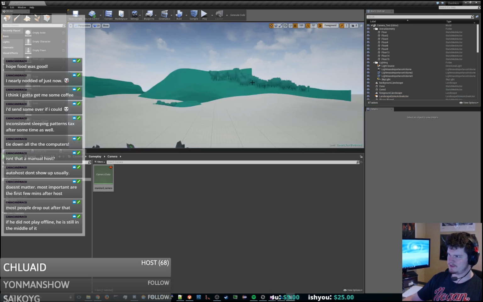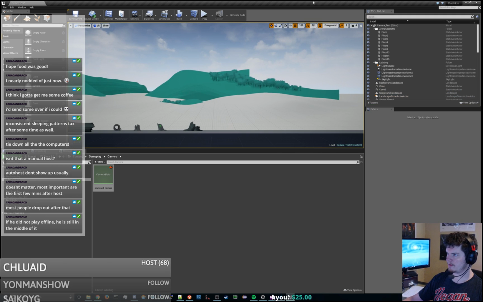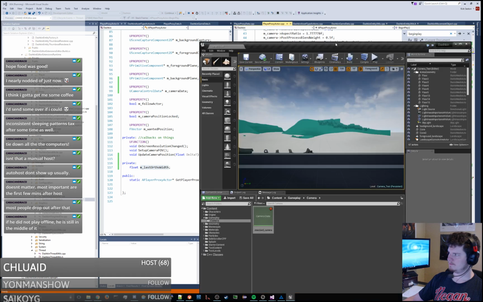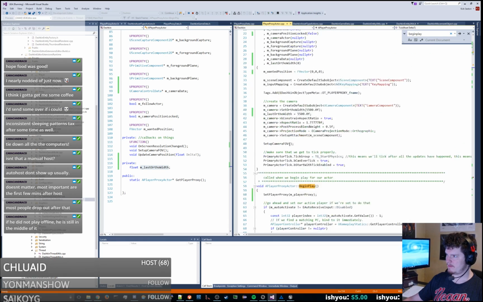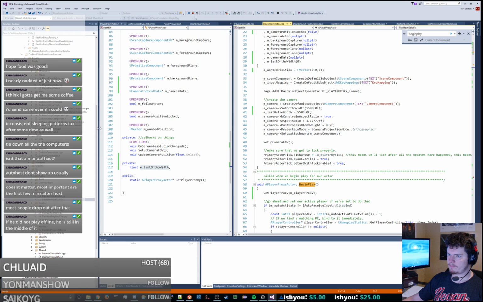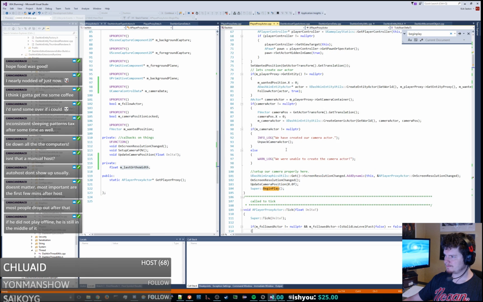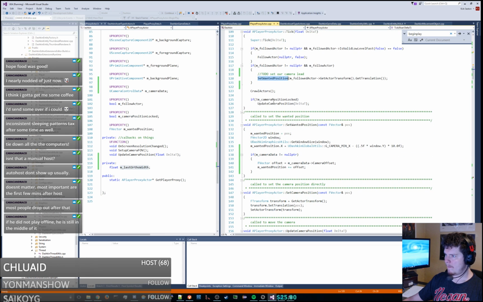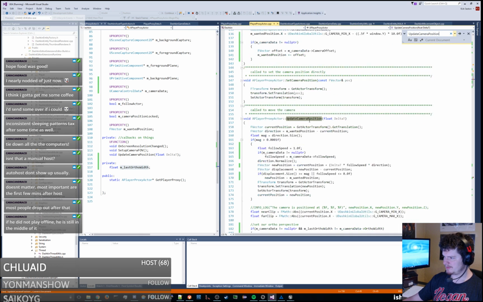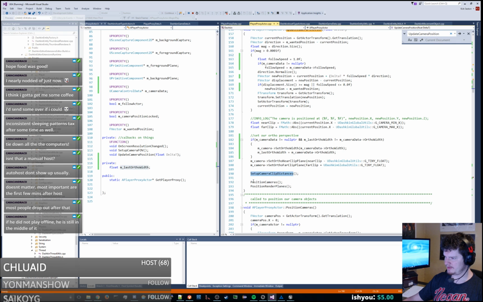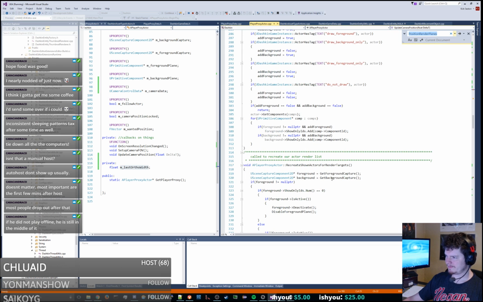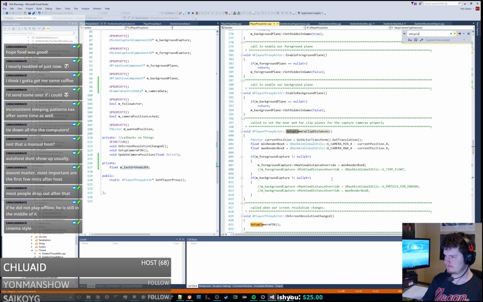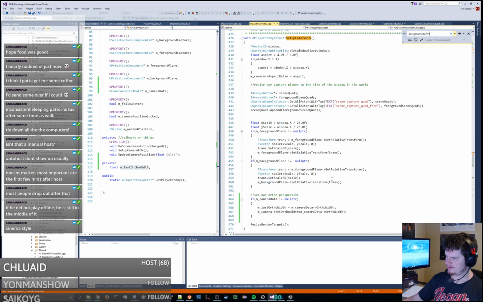So the question is, why is that scale off? Like, that scale should work. So let's take a look at why our planes are not scaled properly. It's like update camera position, set up camera clip distances, position render planes. No, the FOV changes the